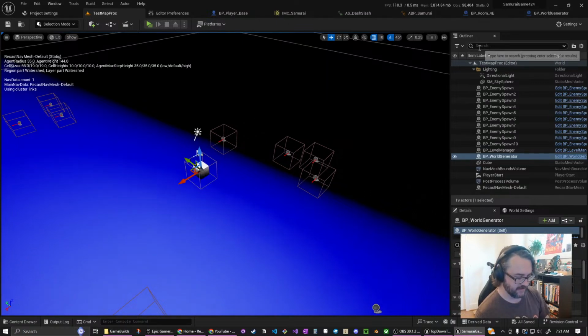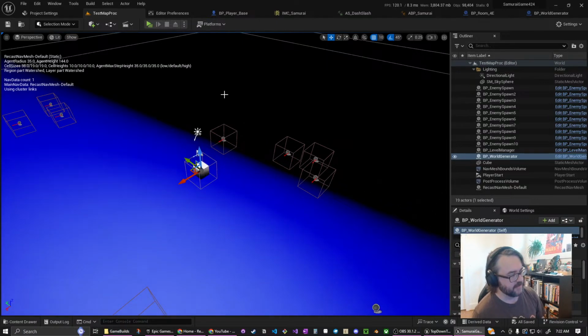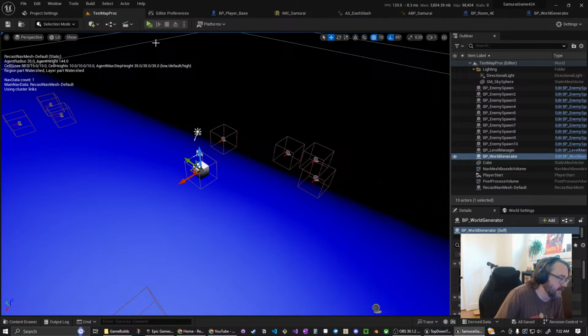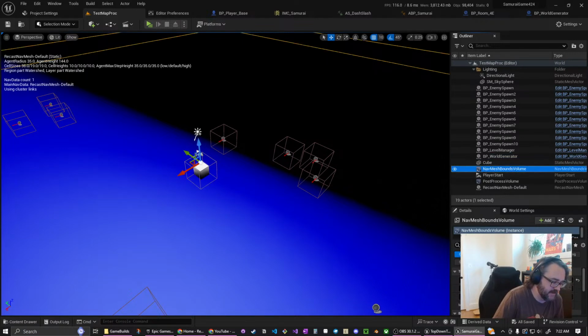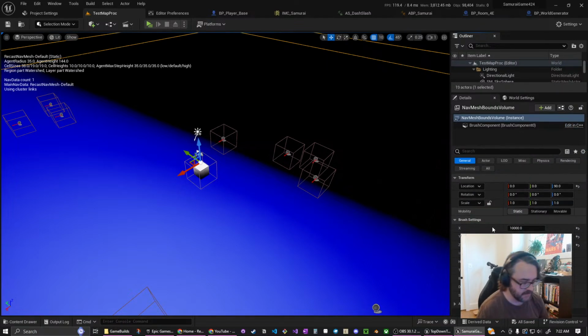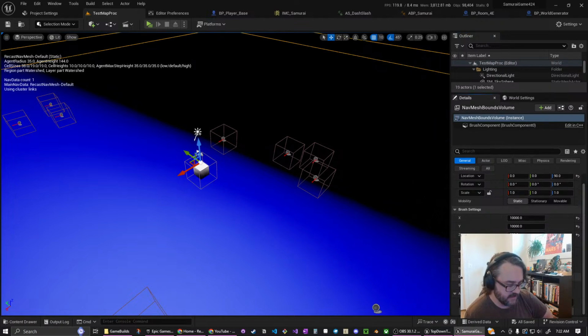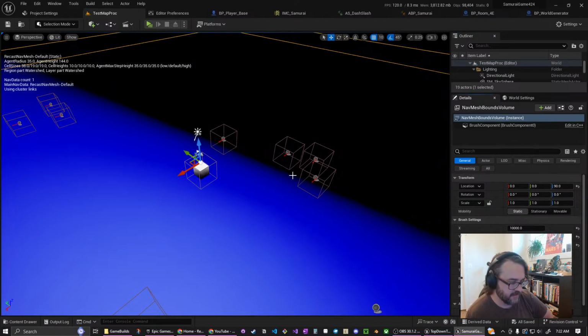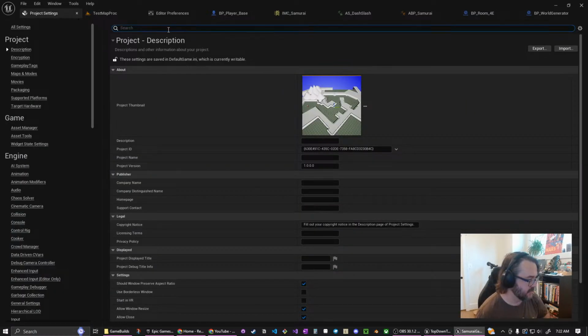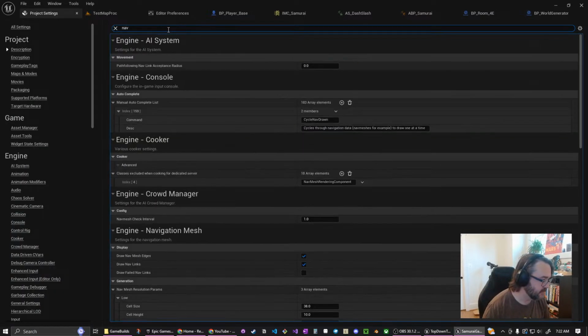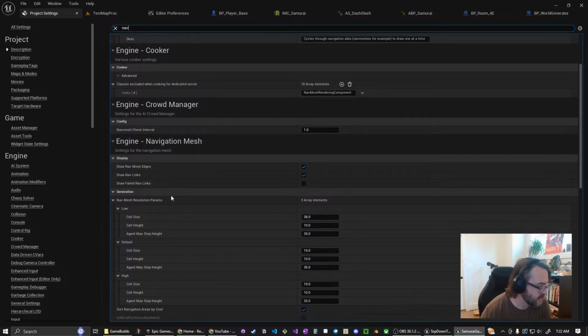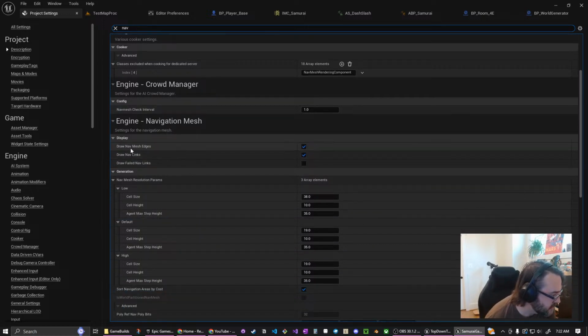Okay. So how do we get the AI to work again in the next 10 minutes? If I recall, I do not think it's inside the nav mesh volume, but I think it's in the project settings. It would be nice if it was like right in here, like make nav mesh dynamic. Okay, so let's try nav. Is there a nav mesh? Yeah, okay. So inside this navigation mesh,